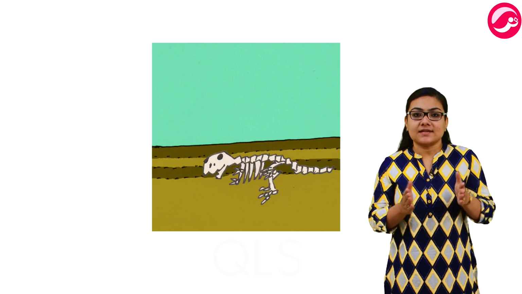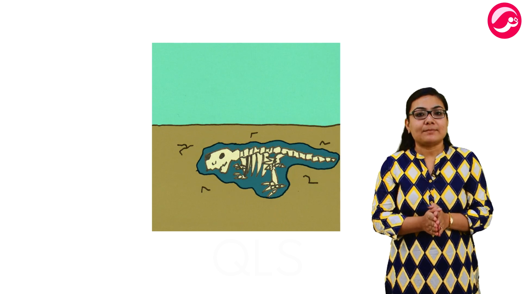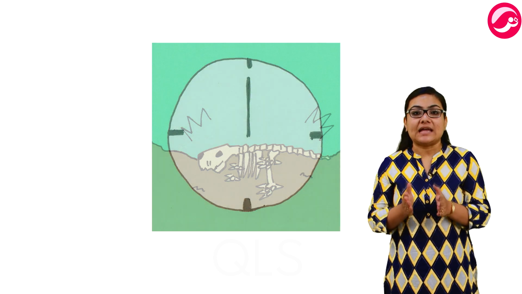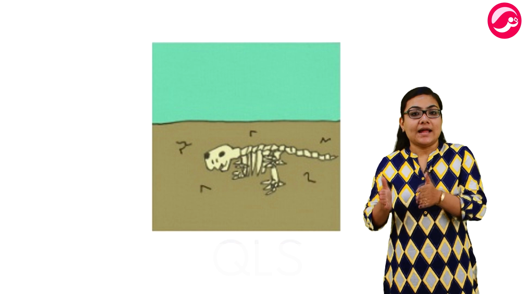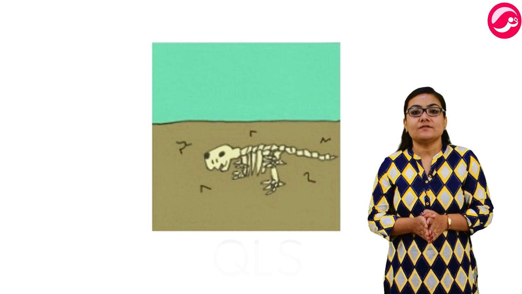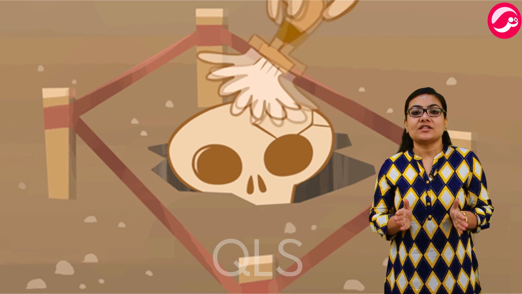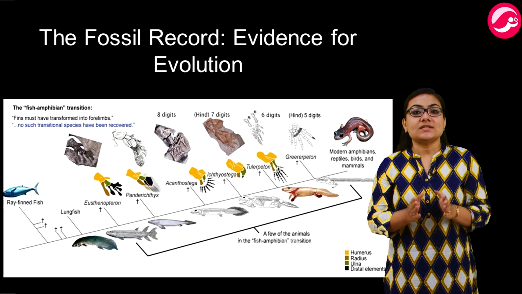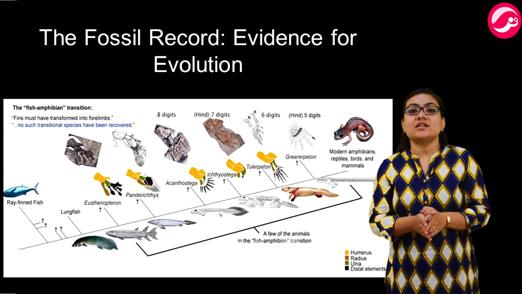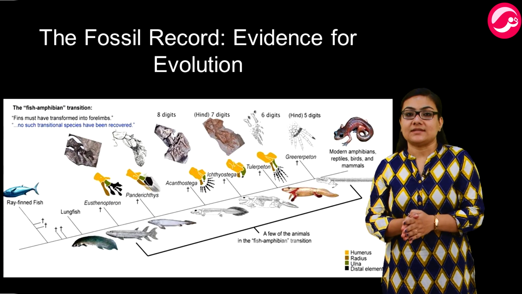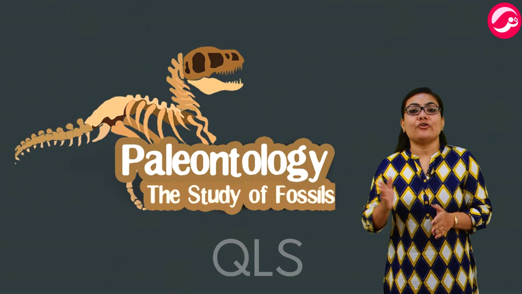If a dead insect gets caught in hot mud, for example, it will not decompose quickly and the mud will eventually harden and retain the impression of the body parts of the insect. All such preserved traces of living organisms are called fossils. Fossil records are the proof of the changes in and the relationship between various groups of organisms. Paleontology is the study of fossils.